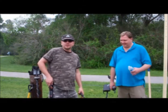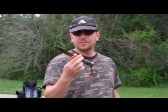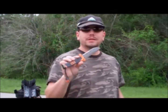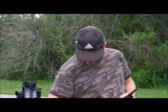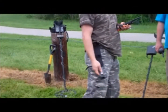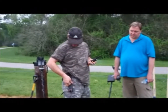Okay, I want to show you my Gerber. This is my Gerber. It's a great knife. If you have survival knives, you know Gerber makes a great knife. Well, I decided to try the Bear Grylls knife. Works great. I've chopped down a tree with it in 10 minutes. The blade comes very sharp. It also has a sharpener. If you look down here, it has a sharpening stone here, and that just velcros on it very nicely,